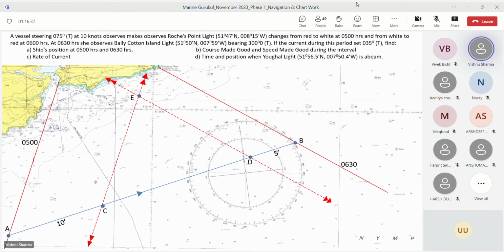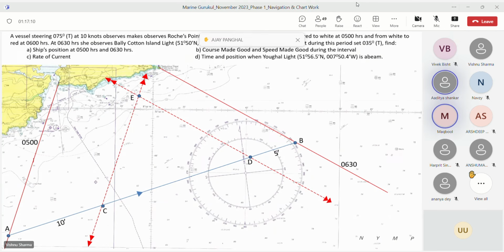So how do you have to remember this: first we drew the first PL, then we drew the third PL, then how did we take A, then how from A did we get B, then how did we plot C, then how did we plot D, then what did we do to get E, and that is how you'll remember one step at a time. Is getting point up to E clear? Yes or no? Yes, sir. Clear, sir.